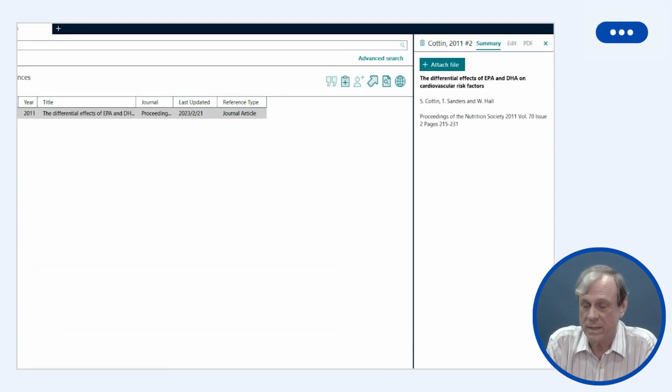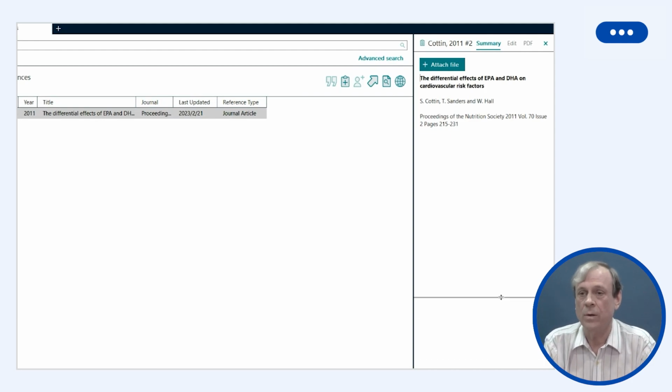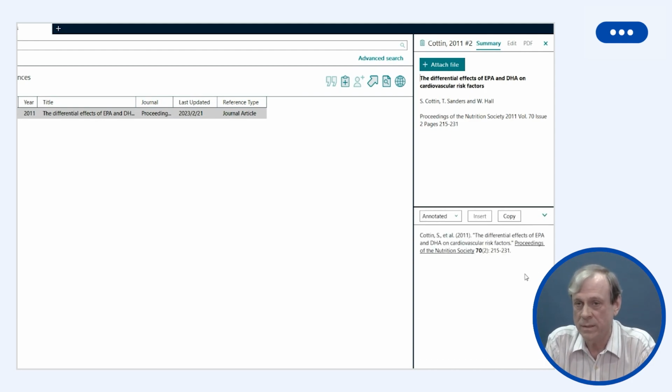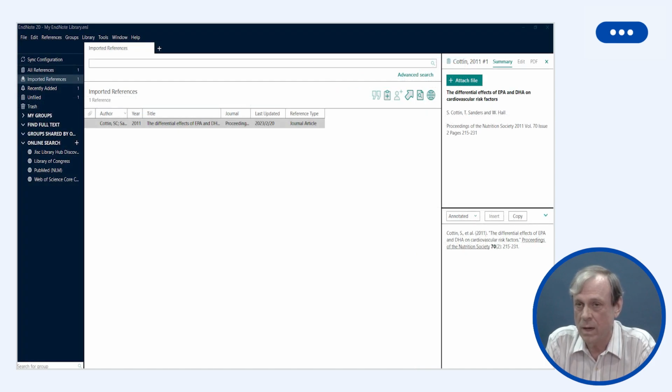Now, if you can't see that, there's a little up and down arrow that brings this box in and out of the screen. So if you don't see it, there's probably a little up arrow. If you click on that, you'll be able to see this lower box. Okay, so again, I'll show you all of these different features one by one.